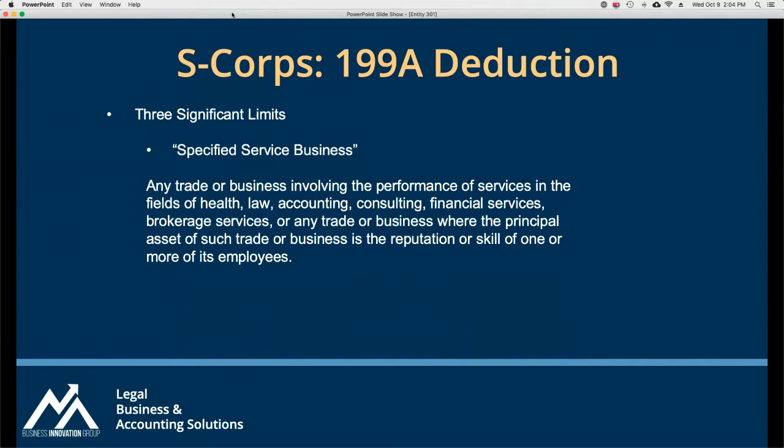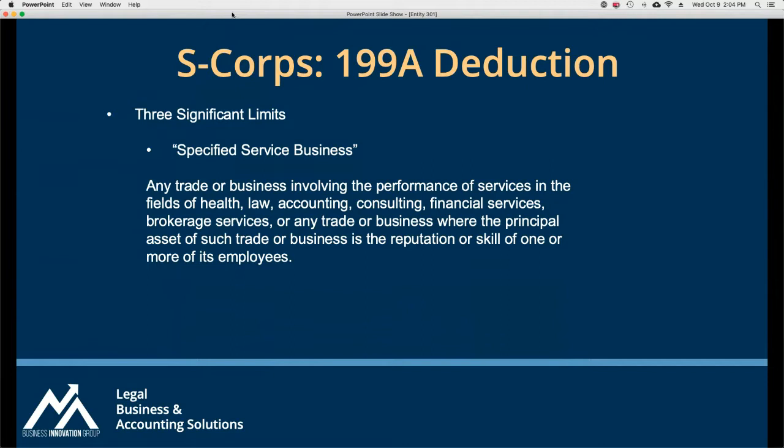I still don't understand how agents escape that. I'm guessing it's the National Association of Realtors lobbying or something. Well, I don't think you do escape it, because there's brokerage services, right? And so you might fall under brokerage services. The vision of Congress may have been that would only be for the stock market, right? Or like financial planners or whatever it may be. But either way, even if brokers do not fall under brokerage services, I think you're still going to get clawed back, because of reputation and skill, right? Aren't you guys all about referrals and your reputation around town? Yeah, I mean, again, from my 30 minutes of Googling research months ago, I thought realtors had gotten carved out of this and that they could qualify for the QBI, which doesn't make sense to me, because realtors,